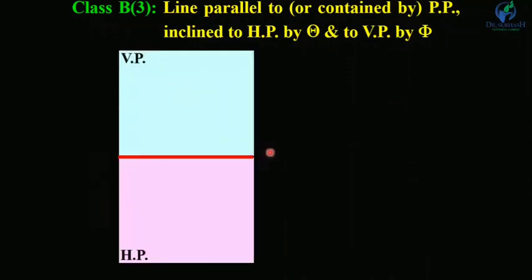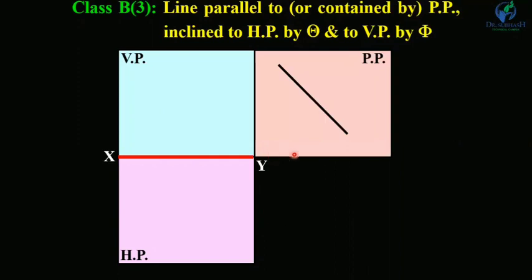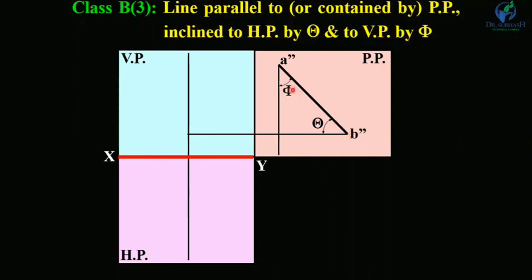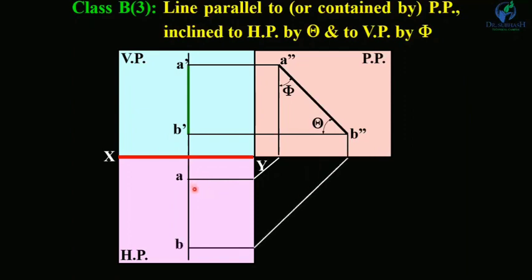Now in two-dimensional view, first of all, draw the side view, A double dash B double dash. In the projections of this A double dash and B double dash, this angle is phi. So A dash B dash is a front view and is a line. Similarly, projections on HP, AB. So AB is a top view. A dash B dash is a front view and AB is a top view.